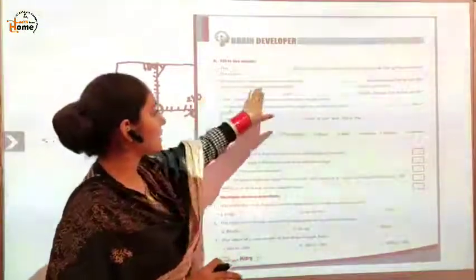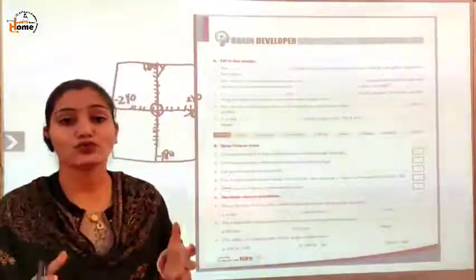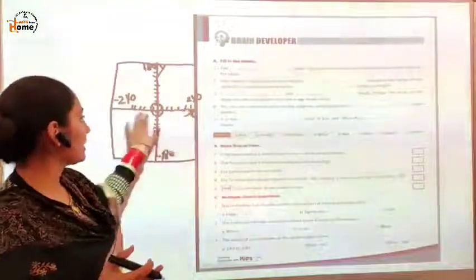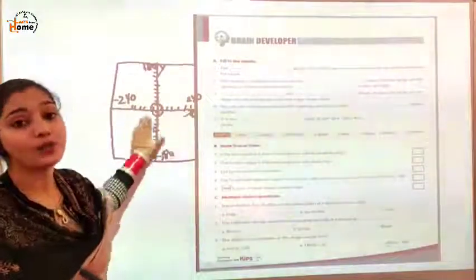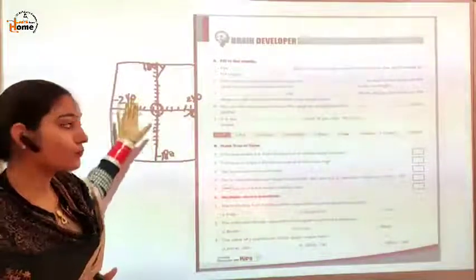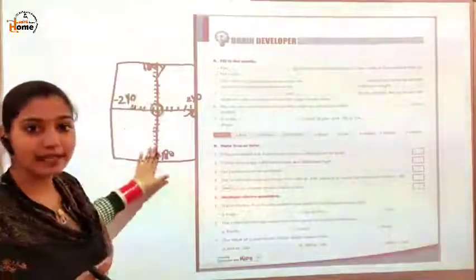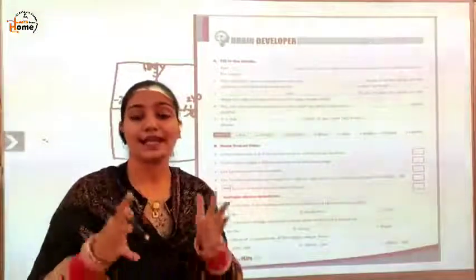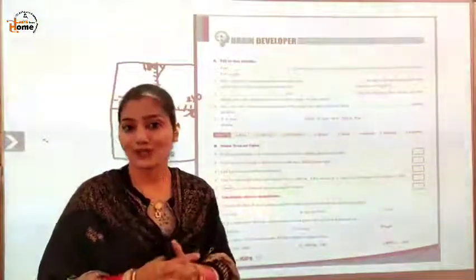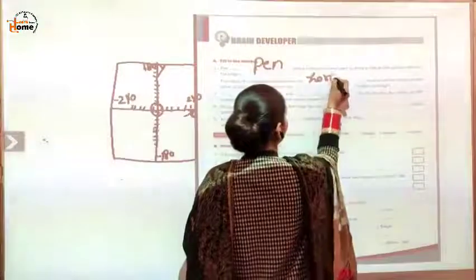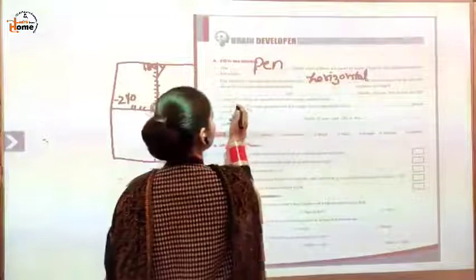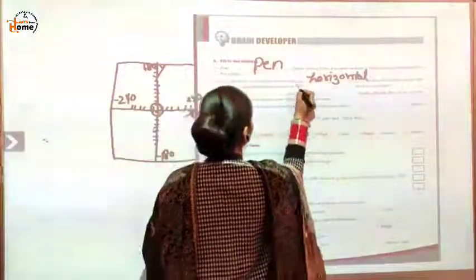The value of x coordinate determines the dash location. Which location does the x coordinate determine? This is the x coordinate, so it determines the horizontal position. And which position does the y coordinate determine? In this way it is the vertical position, right? So y determines the vertical position and x determines the horizontal position. Okay, and y determines vertical. Okay.